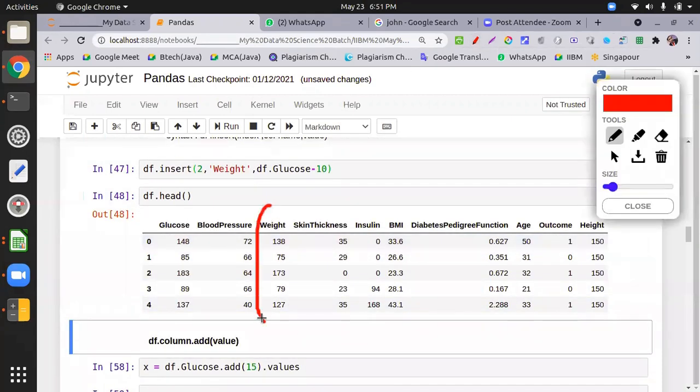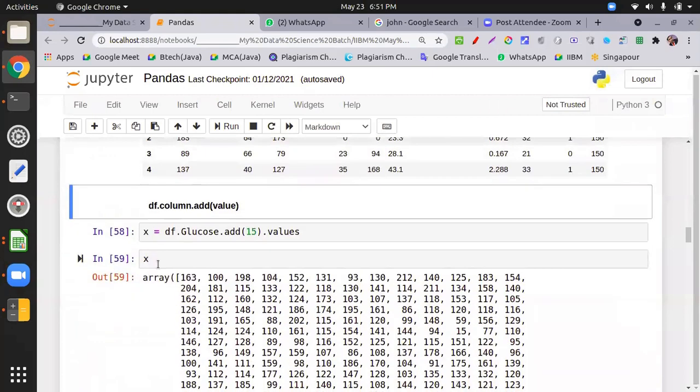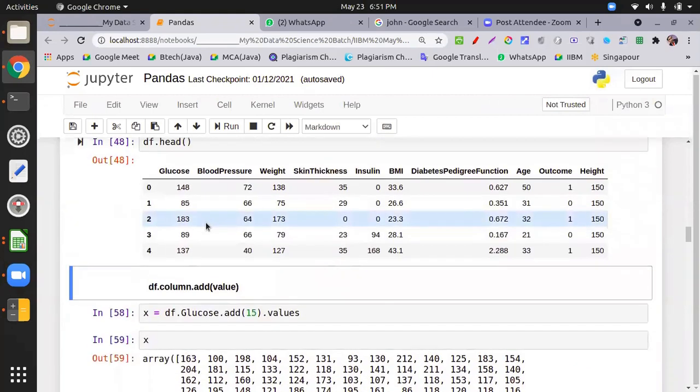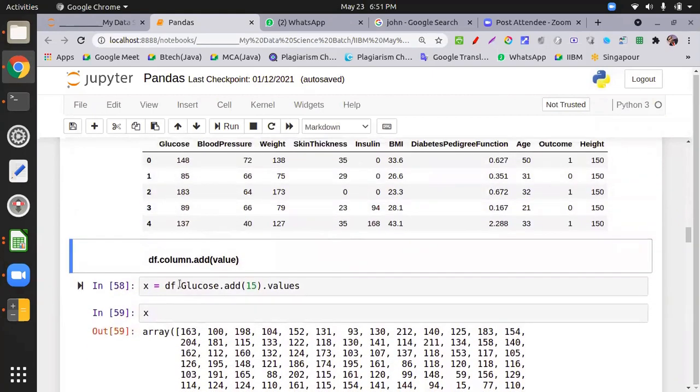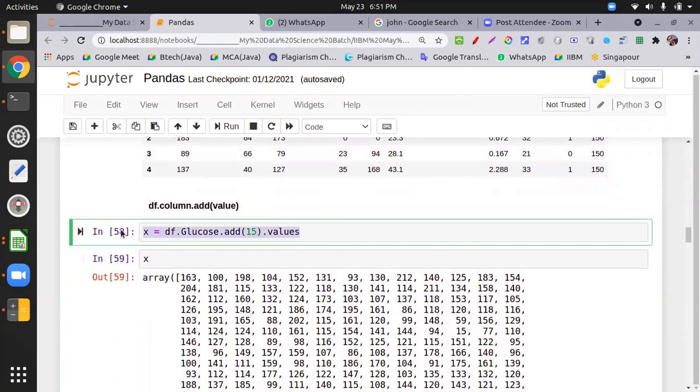Check this value: 148 minus 10 is 138, 185. All right, now if you want to add any value to a column, just like I want to add 15 to the glucose column, I can use the add function. So I check this one: the add function, then values.